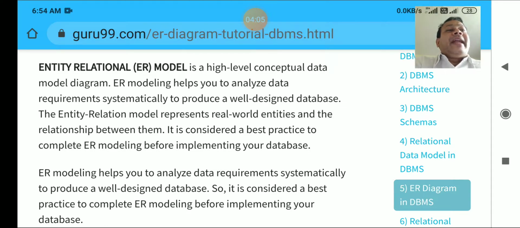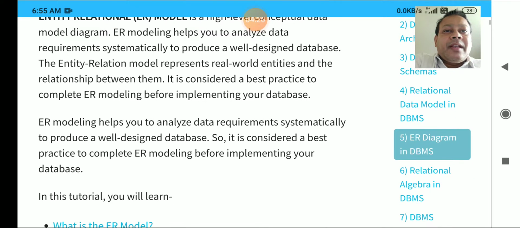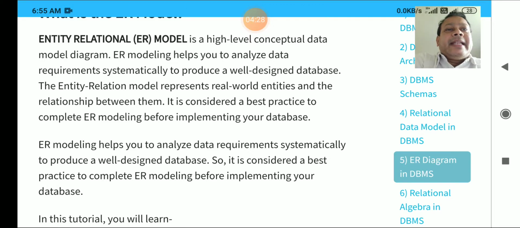How many different attributes may be there? Attribute here we are going to refer to as your field. How many different fields are going to be referred? Field is nothing but your column of a given table. So this is how we are going to go for. So let's start with your entity relationship model. This entity relationship model is a high level conceptual data model.